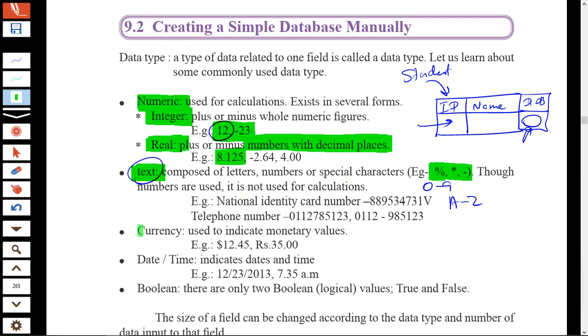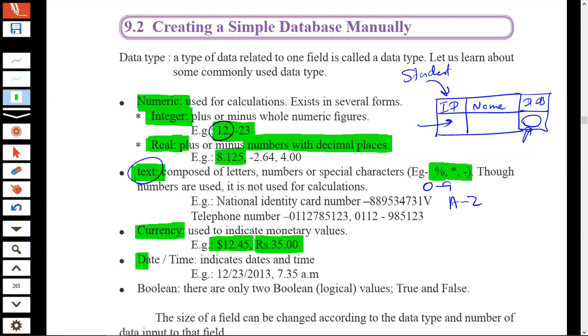Then the other type is currency. Currency means dollar, yen, likewise, or otherwise rupees, which we use in Sri Lanka. These are currency types.